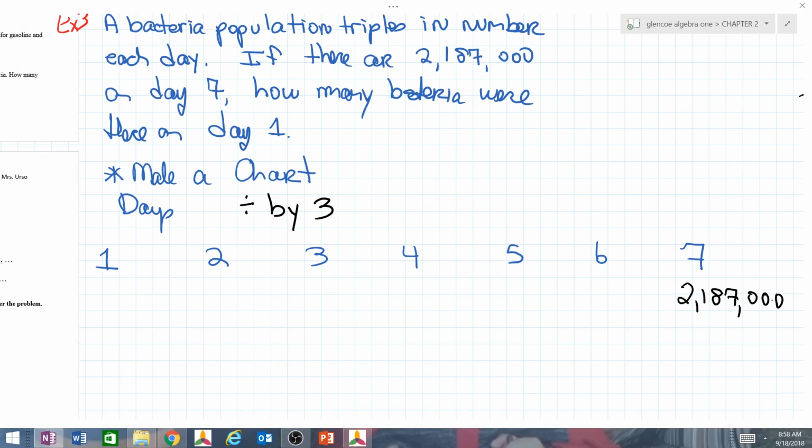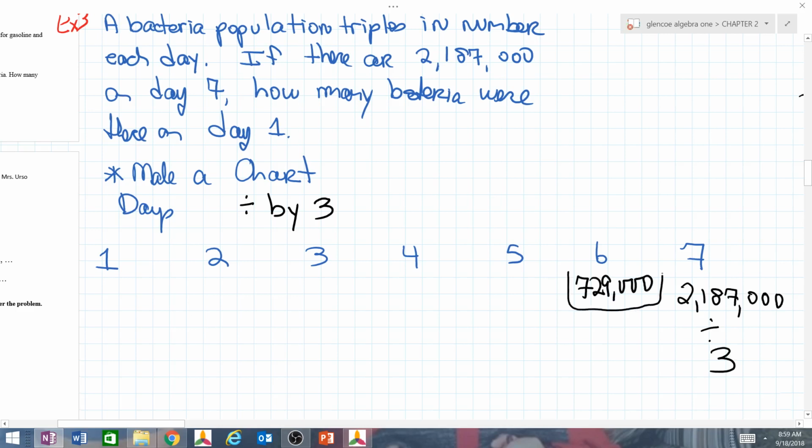2,187,000 bacteria. So to find out how many were on day 1, let's just think about this for a minute. To go from day 6 to day 7, whatever number bacteria there were on day 6, we had to multiply that by 3. So to undo this process, we are going to divide by 3, which means on day 6, we had